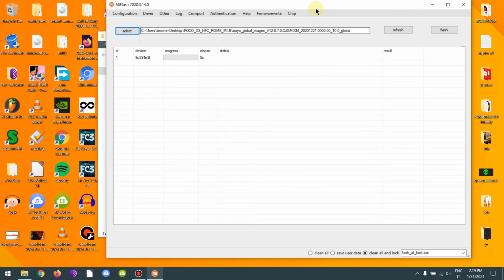When everything is done, click flash. You need to look at the progress bar. It will flash various times. Let it do its work. Don't close the application. When it is finished, your smartphone will automatically reboot on the stock firmware, like when you turn it on for the first time with the initial setup, and the phone will work again.